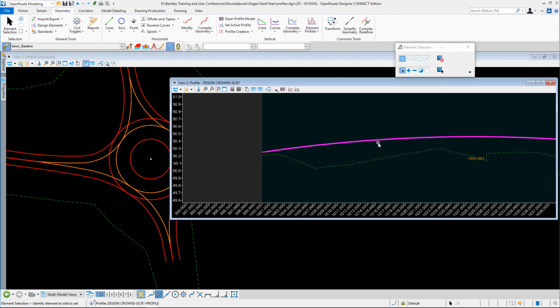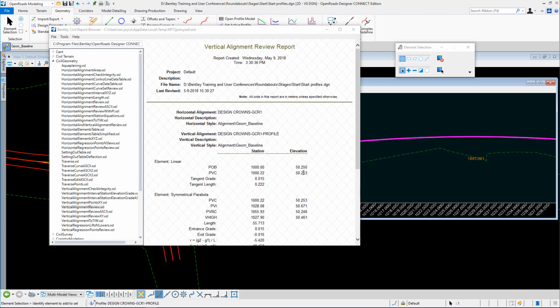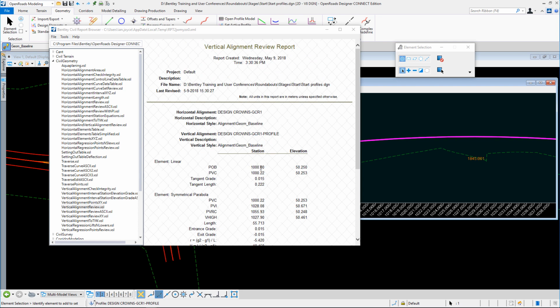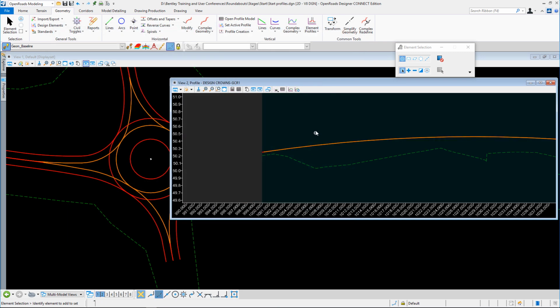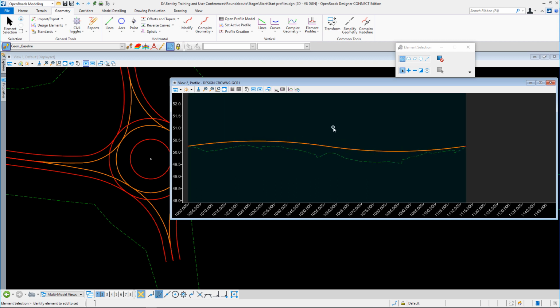So again, there it is. There's its full name, and of course if I wish to, I could go to a vertical report on here just to check these numbers, check that I've got them right and I'm happy with them. There's the 1.5% grade, there's the finishing elevation 50.25, 50.25, everything's perfect. So that's good. We're good to go. So that's pretty much how we can use something like the reverse transition to do that,